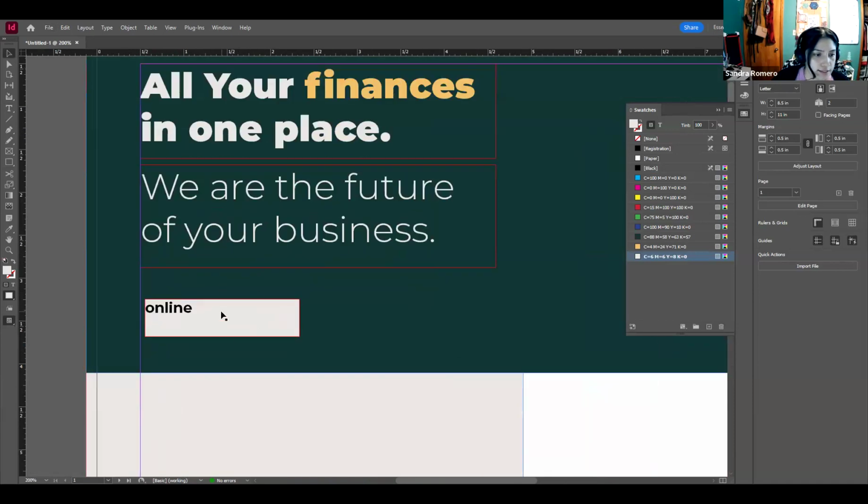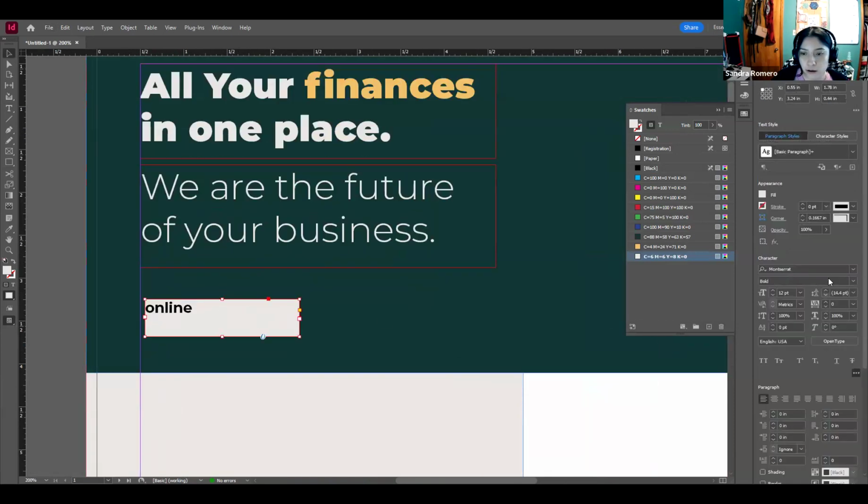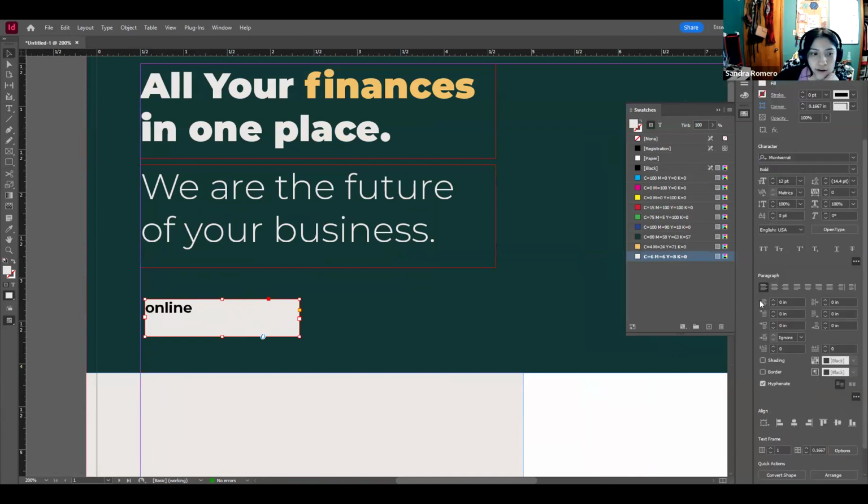So I'm going to click on this. I'm going to go to my properties on the right side. I'm going to go to paragraph. I'm going to hit the center text, align center. So there you go with that. And then to get it to align to the middle here of our rectangle,